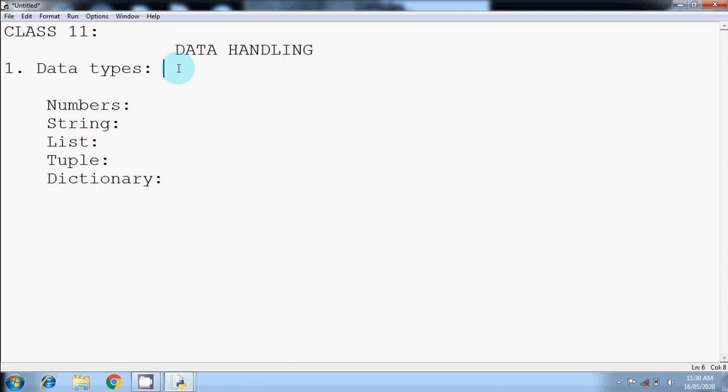The first thing in data handling is data types. Whatever information is given to you, you can call it data. And the type in which it comes is the data type. For a simple example, a bottle is a particular object that I have with me, and I'm asking you its type. If I ask you to pass me a bottle, you can pass me any kind of bottle. That could be a plastic bottle, a glass bottle, a metal bottle, etc. But if I specify that I need a plastic bottle, then there's this particular data present to you, and I am also specifying its type. Then we are referring to a particular category of values.